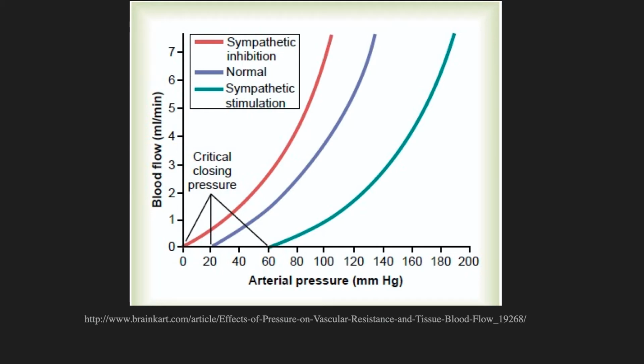Normally, in human beings it depends on the different organs, different atherosclerosis processes, or different sympathetic nerve status, but your critical closing pressure is around 30 to 40, and most of the time is higher than your CVP